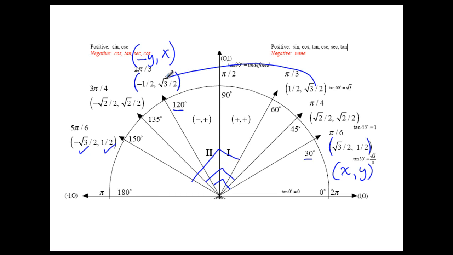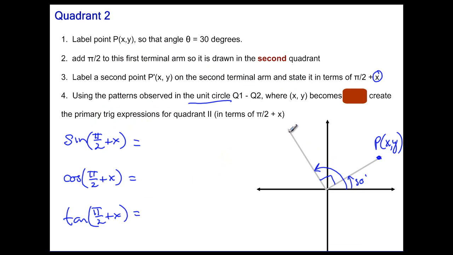What's happening is the y value is going into the x and we're making it negative. And then what we're doing is we're taking the x value and putting it into the y spot. And this only occurs when we add 90 degrees to it. So this is fairly helpful because all of these points, or any point P in the second quadrant, as we saw back here, P prime they called it,